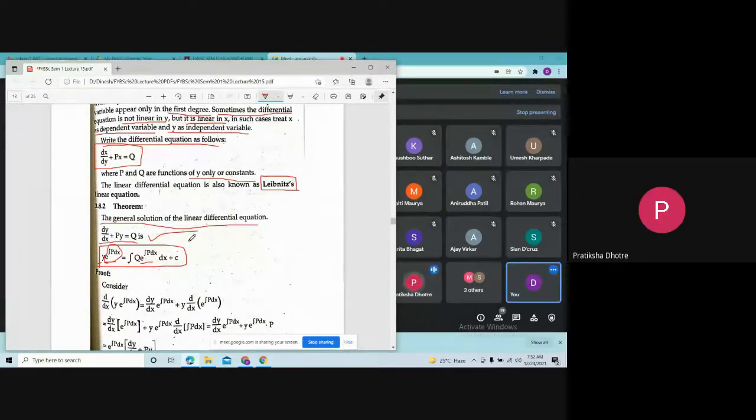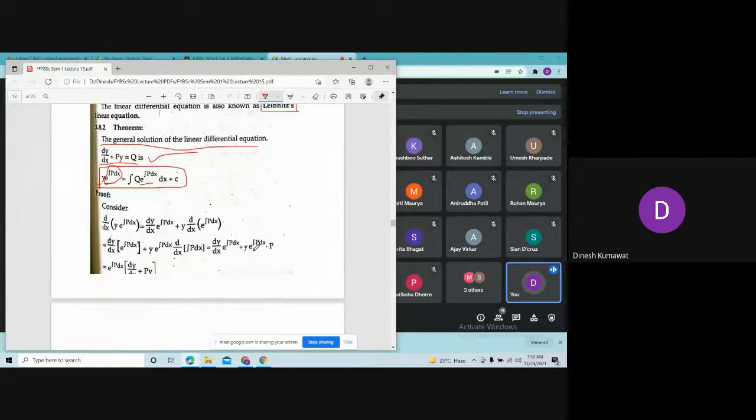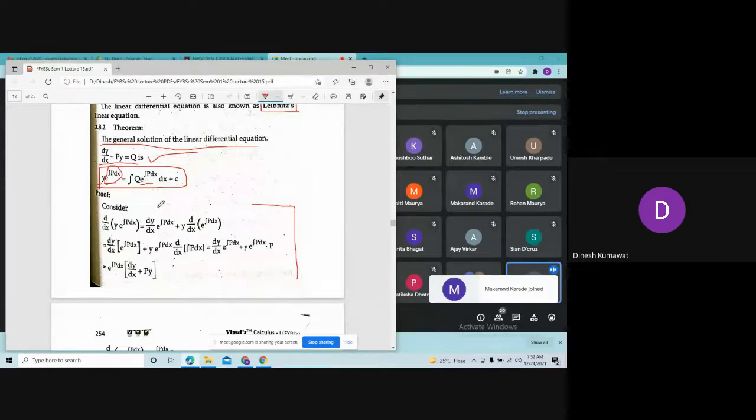Now I am not going to do the proof of this theorem. I am leaving this proof for your homework. Please try to do it. Now let us directly move on to the examples so that we can understand how one can solve such